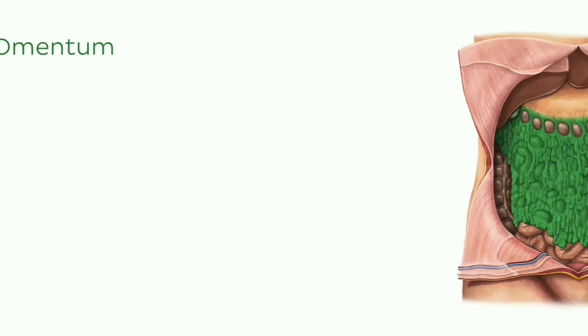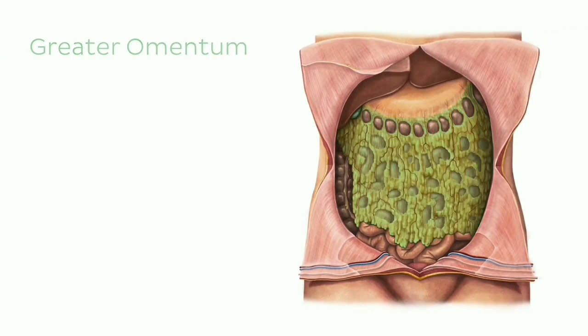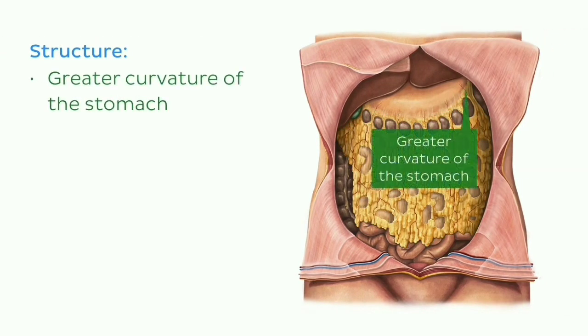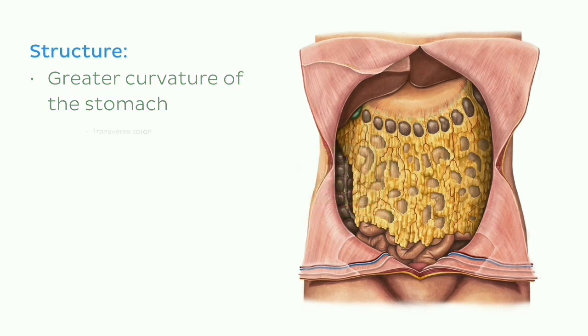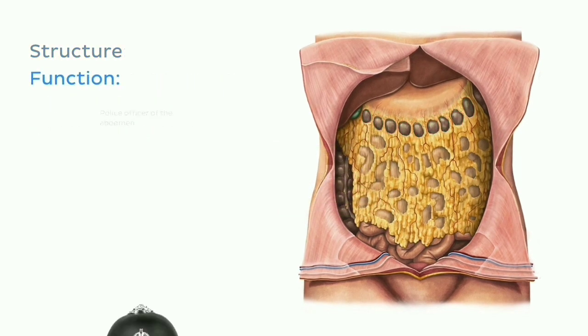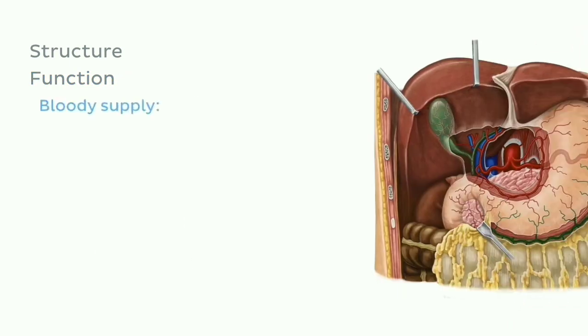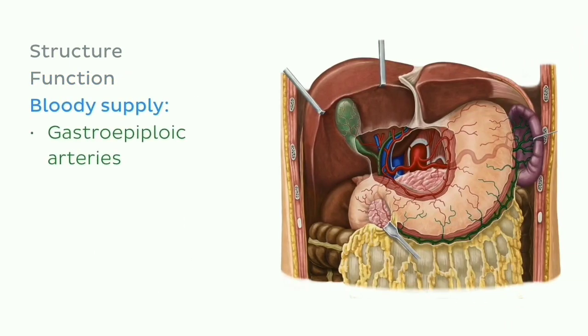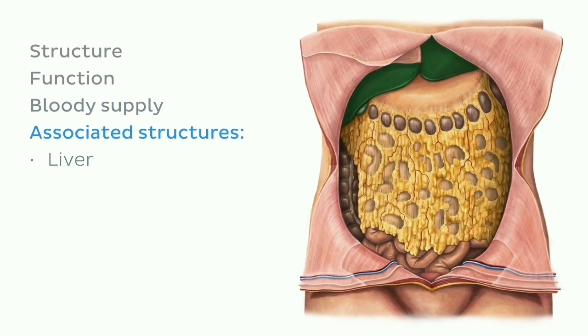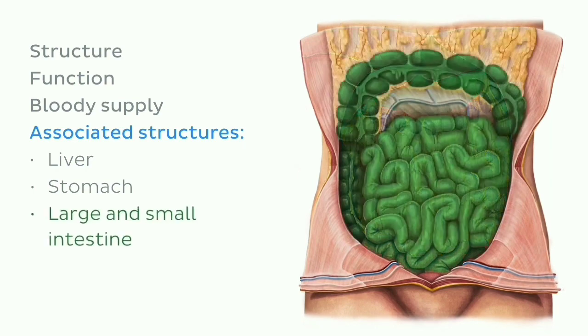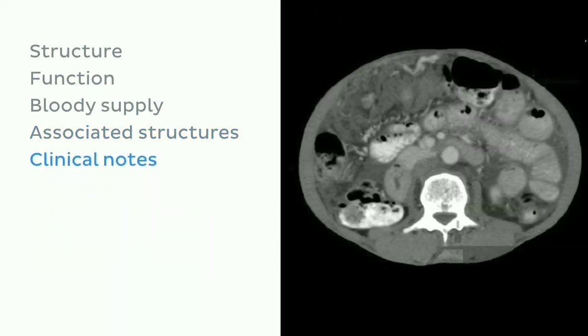So today we looked at the greater omentum, and we talked about its structure and how it attaches to the greater curvature of the stomach and to the transverse colon. We then talked about its function as the police officer of the abdomen. We talked about its blood supply, which is derived from the right and left gastroepiploic arteries. Then we talked about some associated structures, including the liver, the stomach, and the large and small intestine. And finally, we concluded our tutorial with some clinical notes on the greater omentum. So that brings us